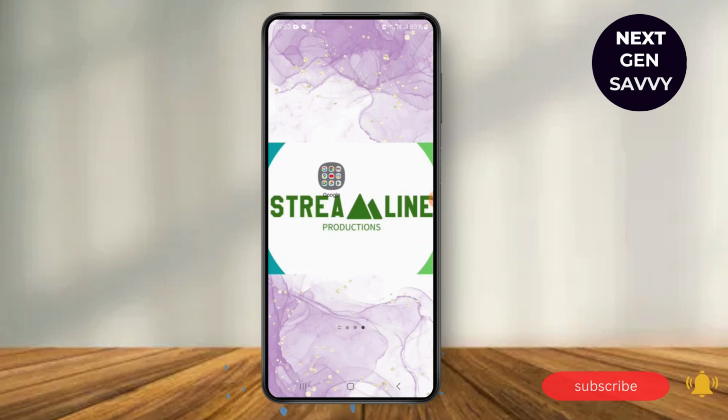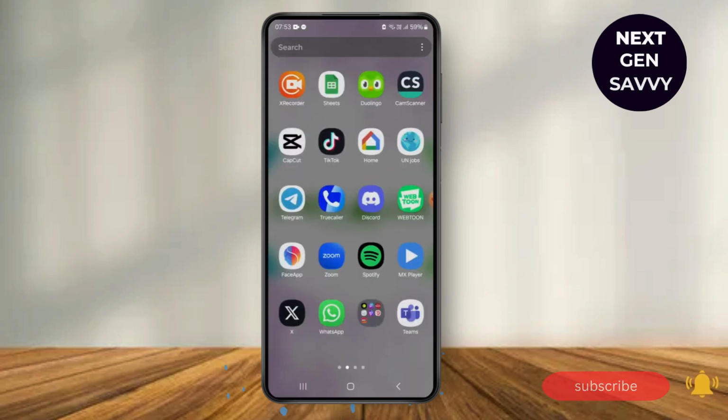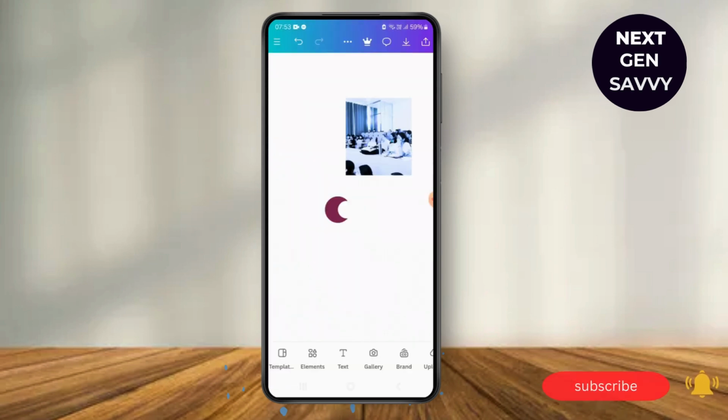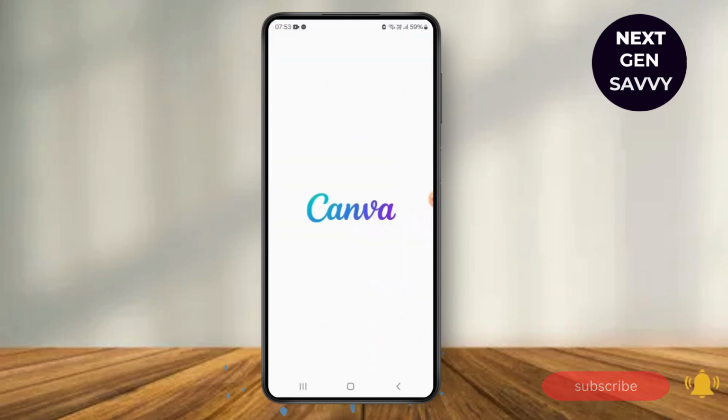Simply install and update the latest version of Canva on your device by going on the Google Play Store or the App Store. So after you have already done so, open your Canva application. After you open your Canva, this is a normal whiteboard, but if you want to discard changes and add